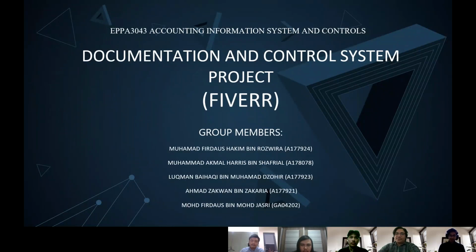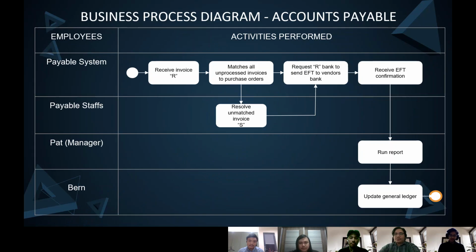Today our group Fiverr will be presenting about the documentation and control system project. I am Mbeki and I will be presenting about the business process diagram of accounts payable based on the 24/7 company case article. First and foremost, 24/7 company is using the payable system to record the supply of inventory. The business process diagram begins with the payable system, where the company receives invoices